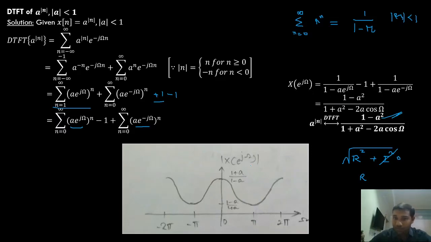So here I am going to draw the magnitude spectrum similar to the previous case, how we have drawn. In the previous slide, we have drawn the magnitude spectrum by assuming some values of omega. The same thing we are going to do. Here also, if you look, this part from minus pi to pi is being repeated again. That means our DTFT is periodic with period 2 pi. Okay. So that is how we can find the DTFT of a power mod n.